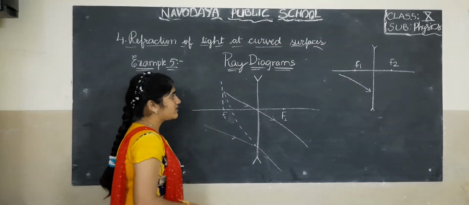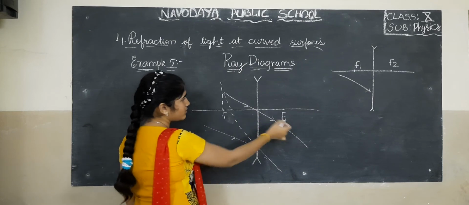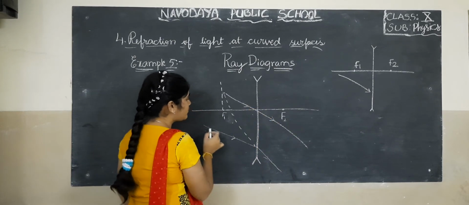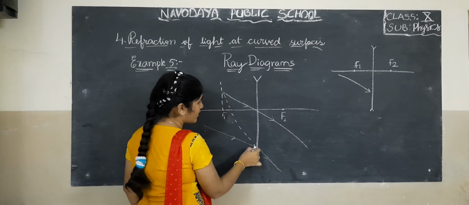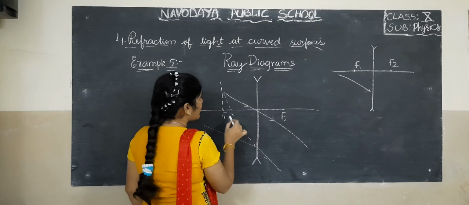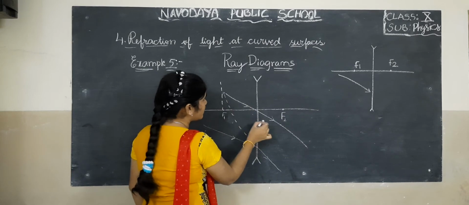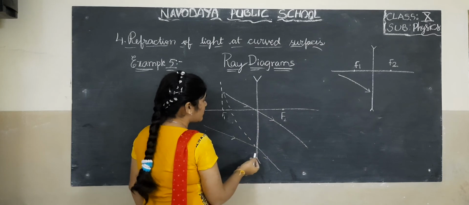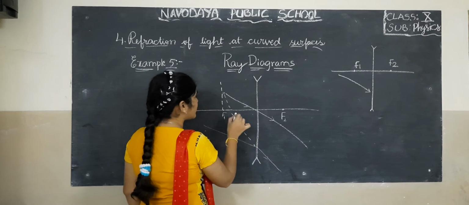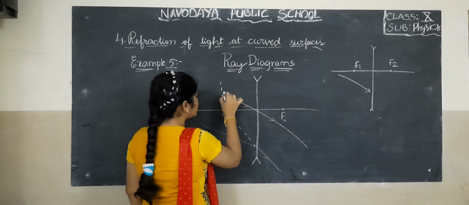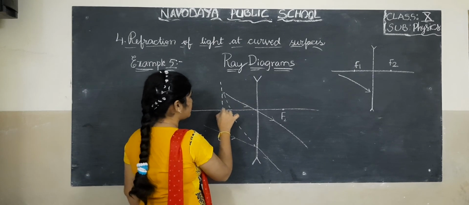Once again I am explaining this. First we have to draw the concave lens and the principal axis which is passing through the concave lens. After that we have to draw the first light ray which meets on the concave lens and diverges. Again we have to draw the second light ray which is parallel to the first light ray and which passes through the optic center. Now we have to extend the first light ray to the second light ray in the backward direction. These two intersect at a point. We have to draw the normal from the point which meets on the F1.